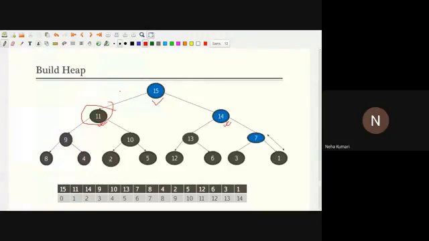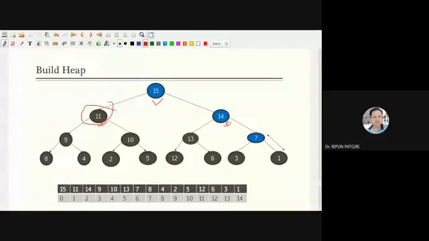Sir, the way you change this min heap to max heap, you started from the last internal node. No, Neha, one minute. I have not changed the min heap to max heap.